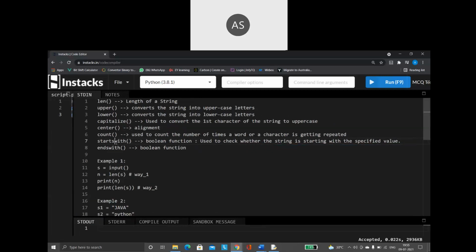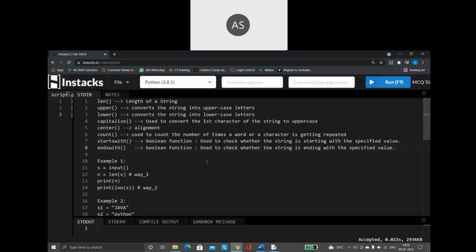Whatever character I am giving here, I want to know whether the string is starting with it or not. For that, I will make use of the function called startswith. In the same way, endswith, as the name suggests, checks whether the string is ending with the specified value or not. So as I said, Boolean function. It is going to give the value either true or false.